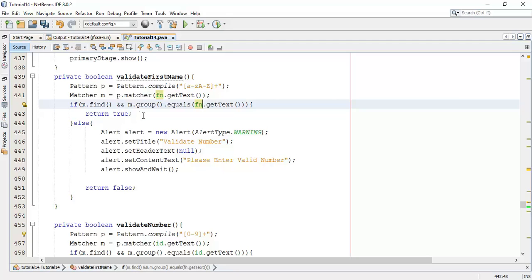If it's invalid, we enter the else block and set the validation for first name: please enter valid first name.